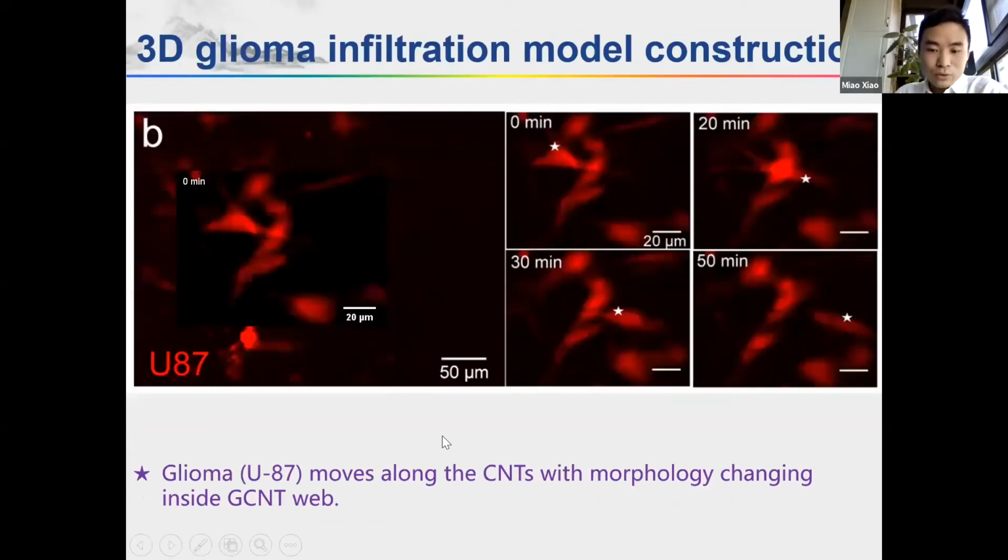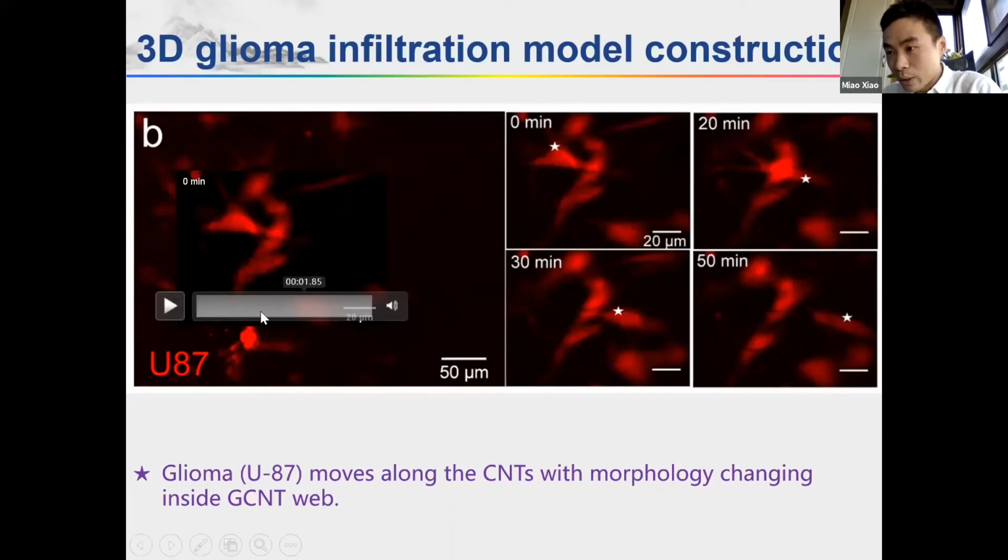Then we try to build a glioma infiltration model. At the beginning, we capture the glioma. U87 is a glioma cell line. So we first only capture the U87 inside the purified GCNT web without the neurons. And with the live cell image, we can see that the glioma could move along the carbon nanotubes, and also